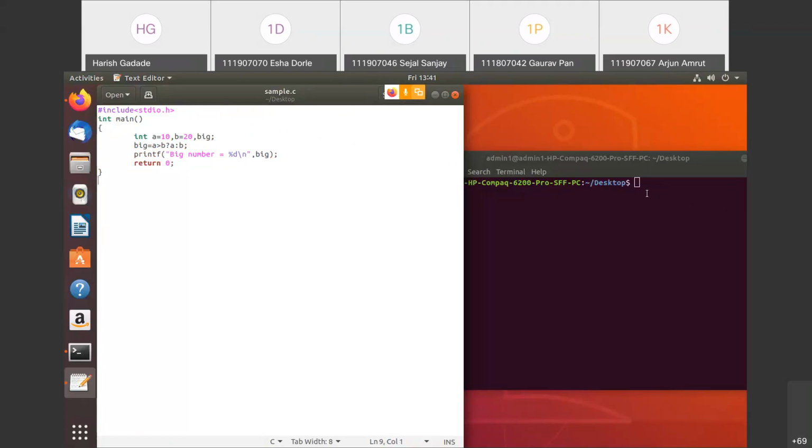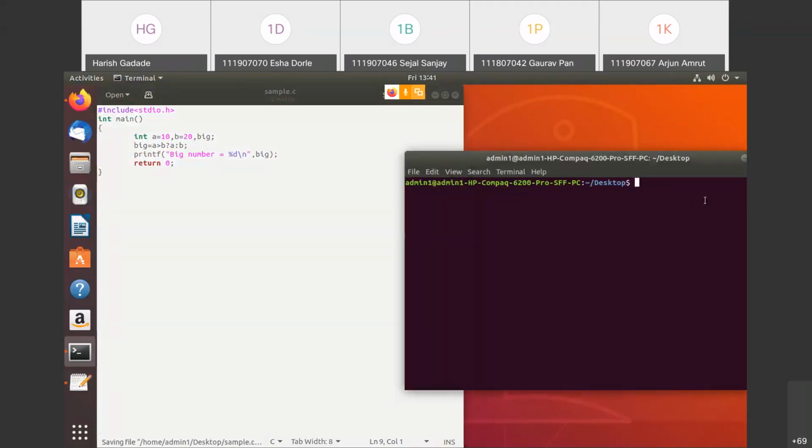I'll save this and compile it with gcc sample.c. So see, this is working, right? And if I run this program, you can see the big number is 20. Whatever is the B value that is assigned to big, that is 20, is printed here.